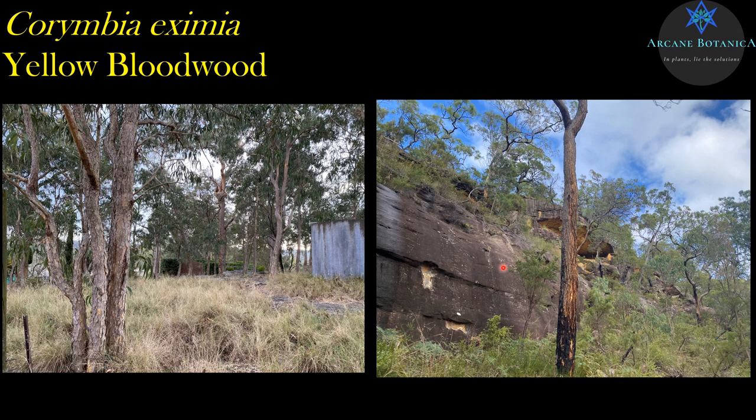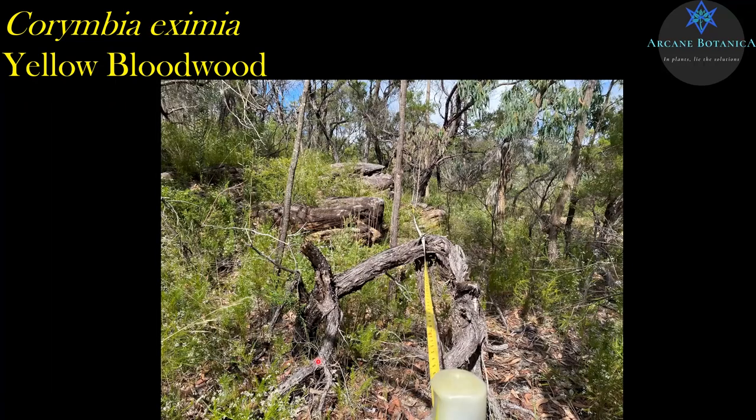And again, this is a habitat they can grow in. That would be more trees growing up there. This really dramatic and rugged sandstone country on the northwestern outskirts of Sydney. And again, you've got trunks with these yellow hues. Quite easy to tell, Corymbia eximia. This is just a monitoring plot for some threatened flora, but I'm just trying to again demonstrate the bluey green nature of the leaves. They're just so different to anything else that grows out this way.